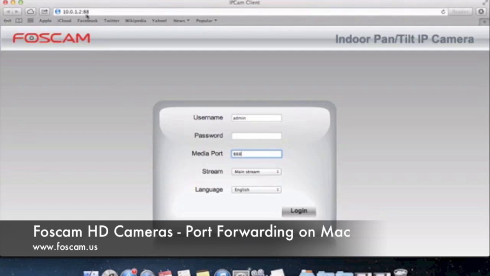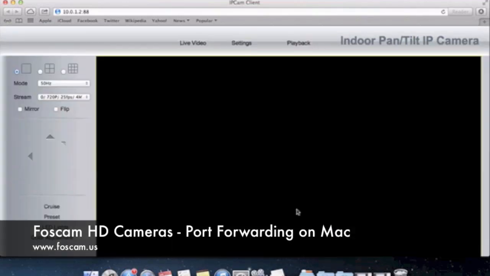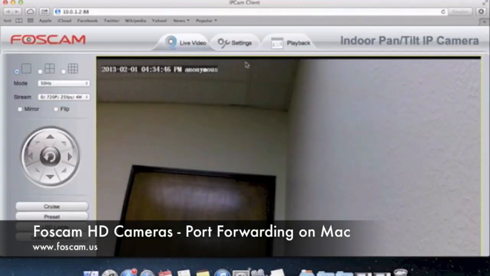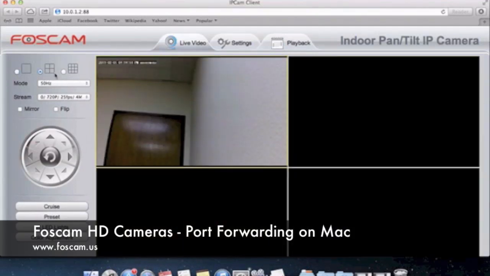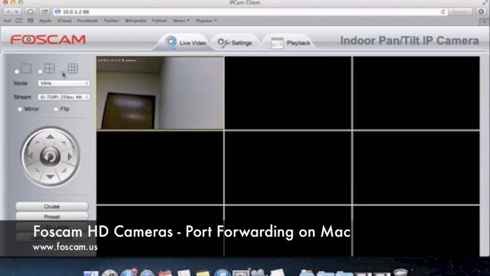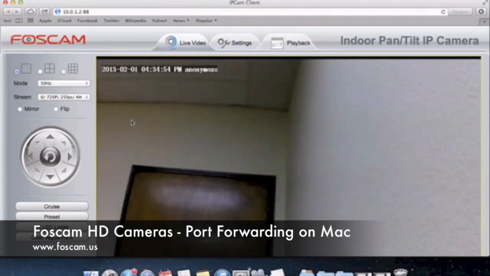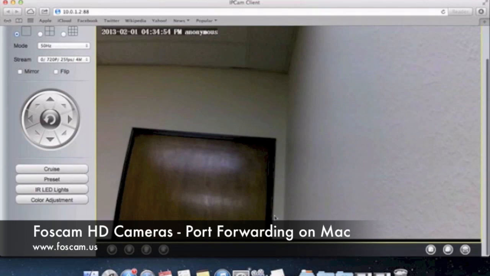It's separate from that in the sense that the media port is responsible for a lot of the video protocols that happen in browsers such as Safari, Chrome, Firefox, and also Internet Explorer. So for example, when you log in, you're able to see the live video here, doing all of these things like 4 cameras in one screen or 9 cameras in one screen. Down here, if you do audio or recording or snapshots,